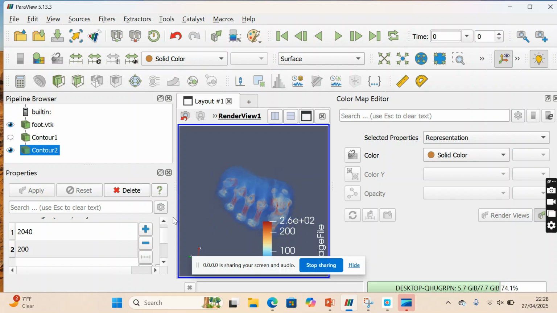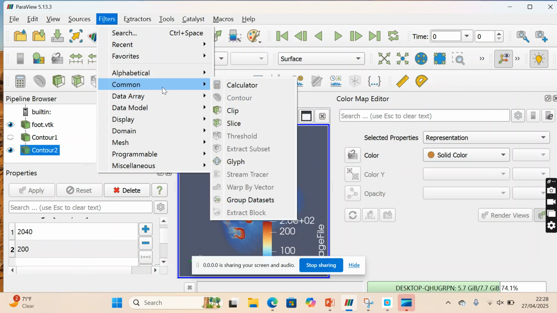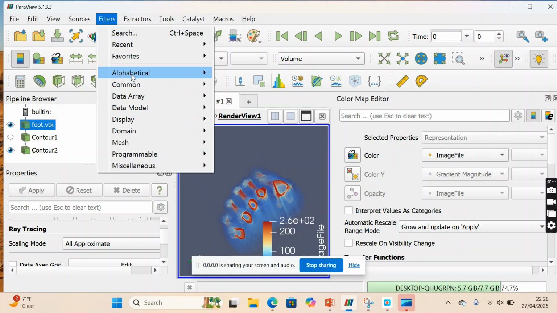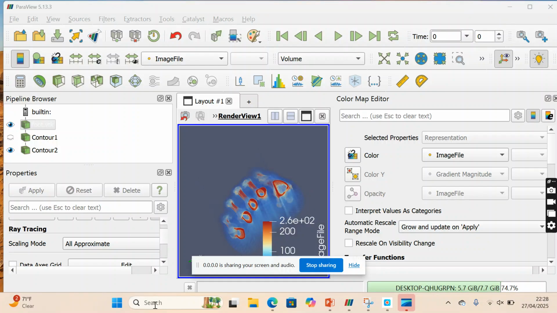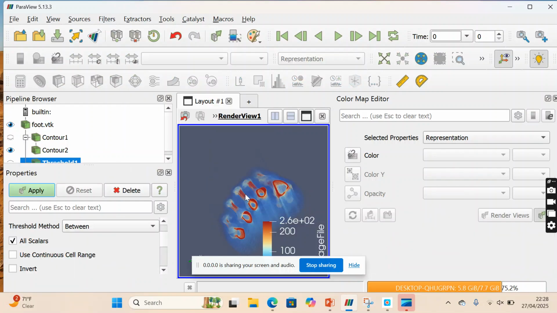So I'll see the nature of the bone. I'll be able to apply also filters, threshold. So when I apply it,